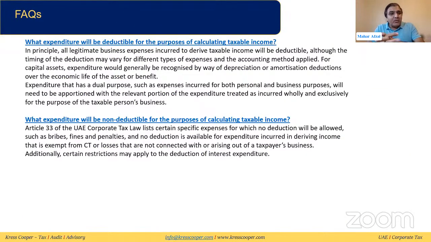We can quickly go to the frequently asked questions. These questions have been taken from the ministry side. The first question is, what expenditure will be deductible for the purpose of calculating taxable income? We have already discussed